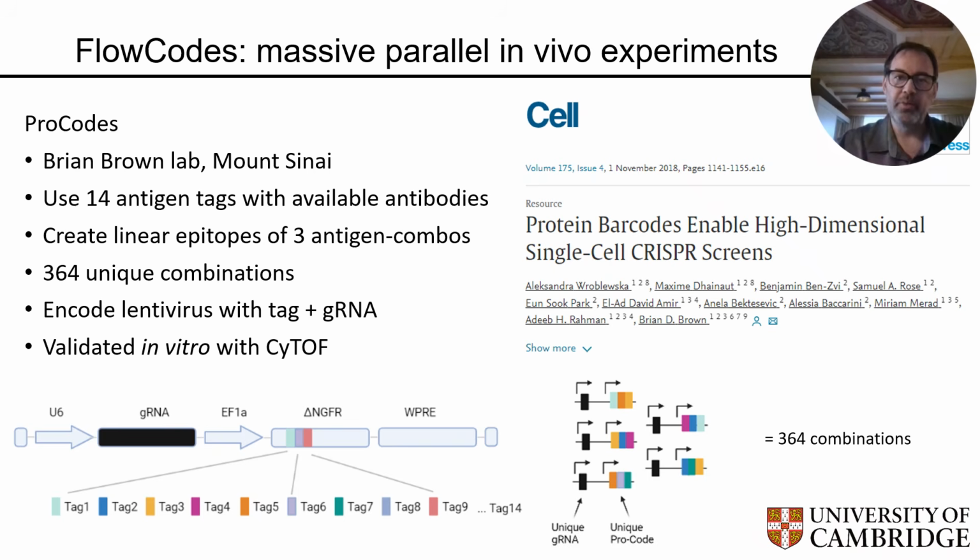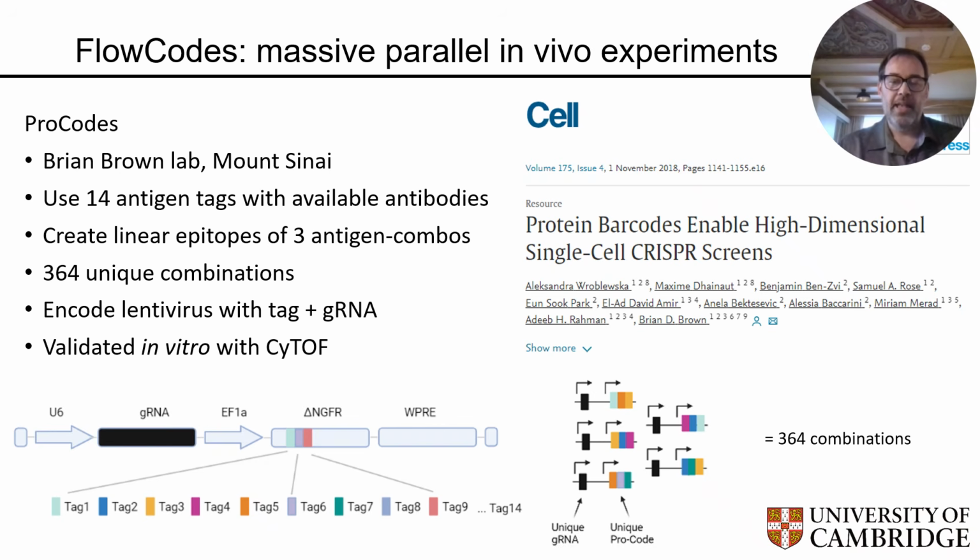Now the only problem with this library approach is that you need to be able to know which cell carries which lentivirus, so that you know which cell has a knockout for which gene. The approach that the Brown lab took was to use CyTOF, where they could measure which lentivirus was being introduced to the cell, based on that lentivirus carrying a marker that could be detected by an